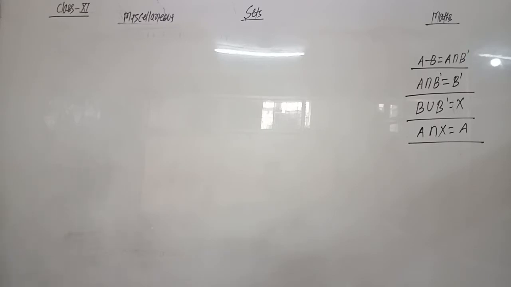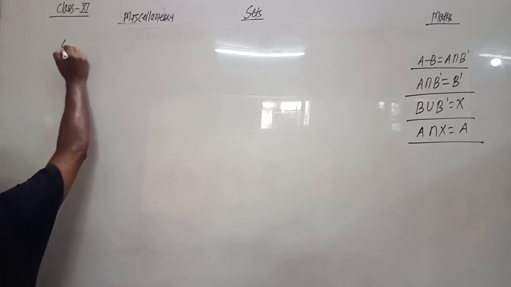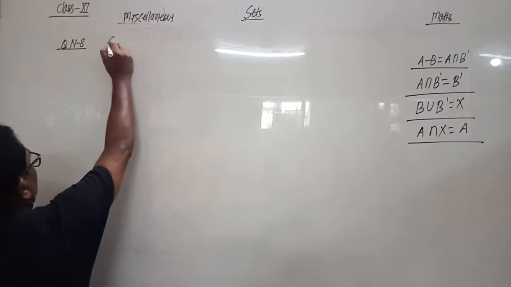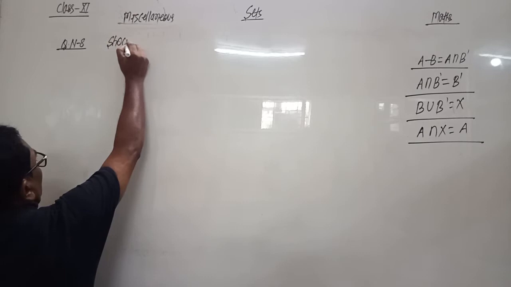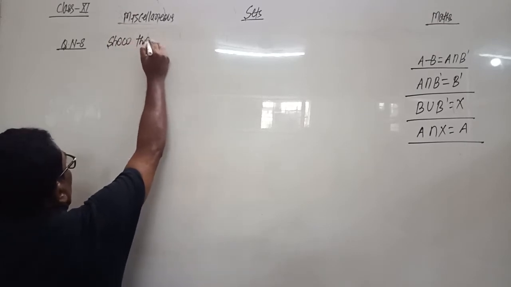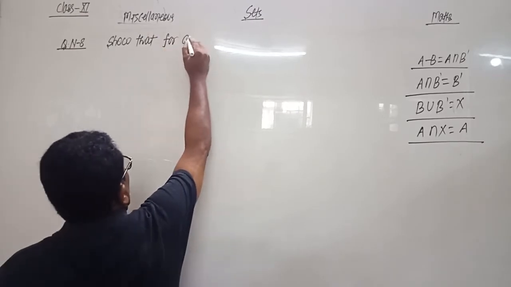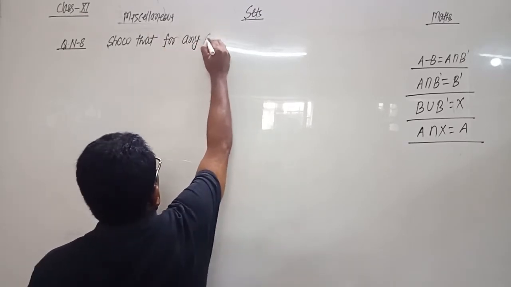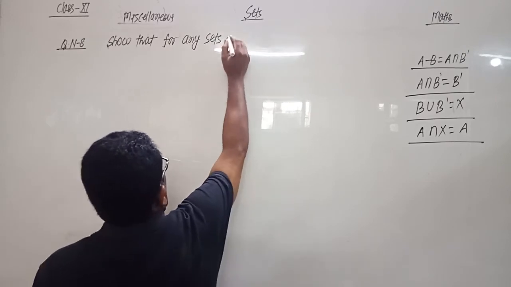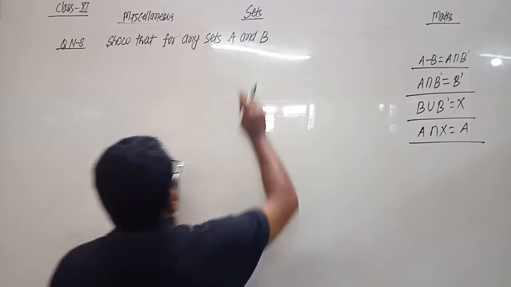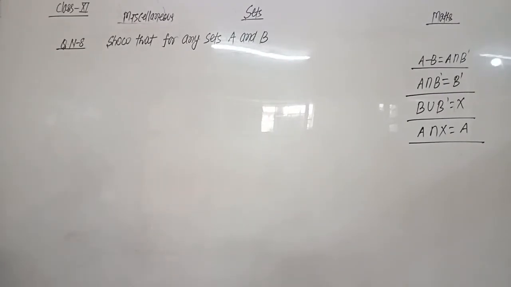Show that for any sets A and B, A equals A intersection B